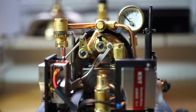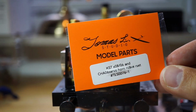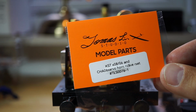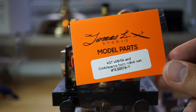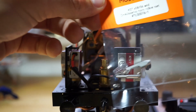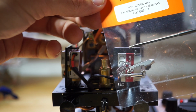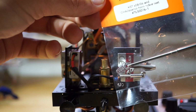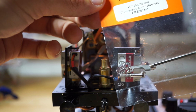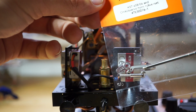Now, what I had to do this thing. He's a very nice guy. He is from the world of gliders, and he's called Tomas Liu, and he makes these machined parts. And this is a Clevis horn set, and what that does is these horns fit on either the CHA servo or the KST ones. It's 4.3 millimeters,